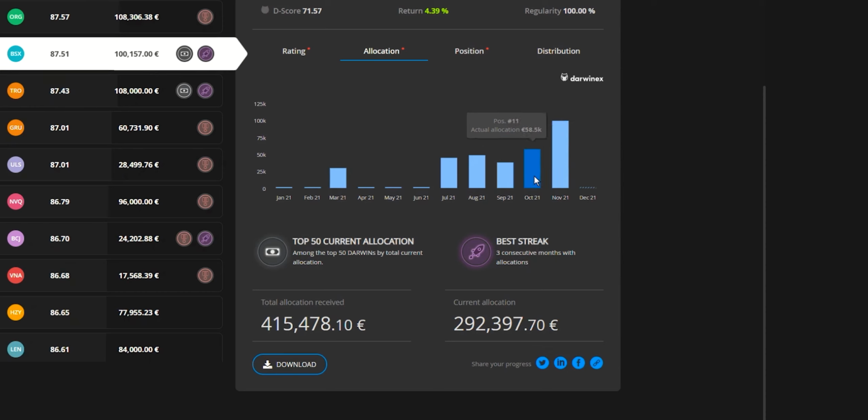But you can also see that in the previous 4 months, this also managed to get an allocation. Before that, there were a few months where it was out of the rankings, and then once again there's an allocation here. This trader will have built up quite a large allocation, and you can see that value here. The current allocation is almost 300,000 euros, and then there will be allocations from the past that have now expired